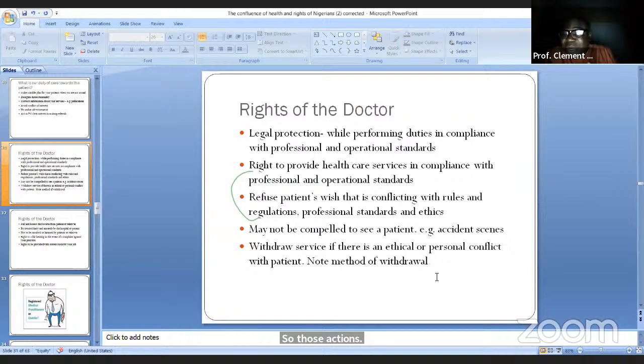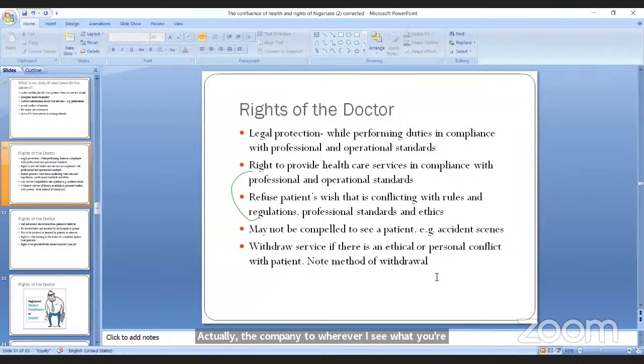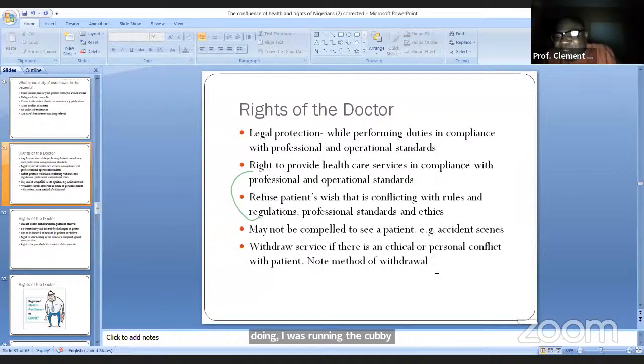We're going to see what patients do when they're responding. They can beat you up. If they beat you up in that setting, you cannot now say that your management did not protect you.